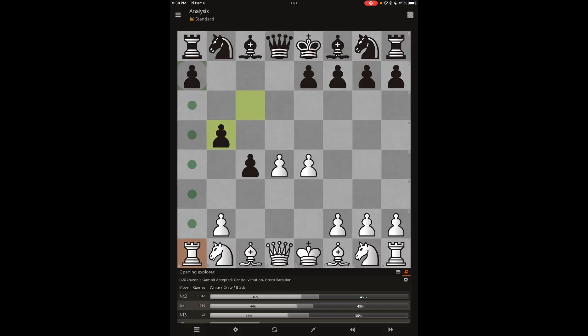So this is crazy. Here we can't capture this pawn yet. Obviously, we can't do that yet. But white has control here, and there are a lot of options. Here's the point of the Queen's Gambit: it gives the white player control. If you're playing white and you start using the Queen's Gambit, you have control, but there are too many options.